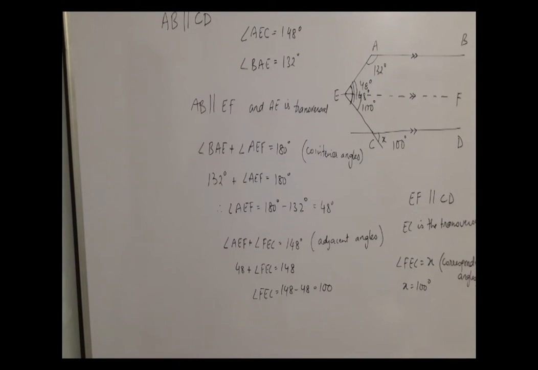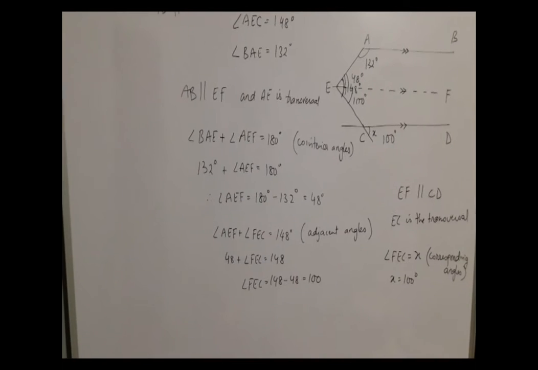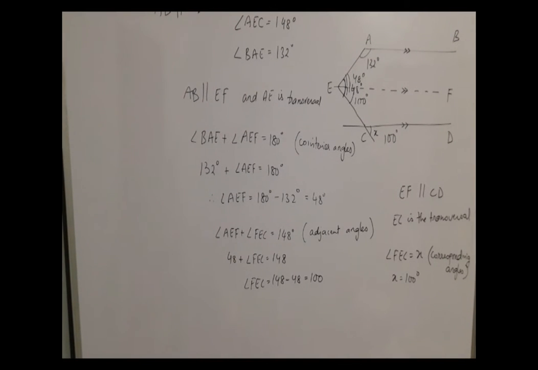Look at the sum clearly. This is the way you are supposed to write the entire sum. Okay, I'll move it a little. Okay, now is it clear? So this is the way, along with the reason, you have to write down the entire sum. So based on this diagram, we have found the value of X to be 100 degree.